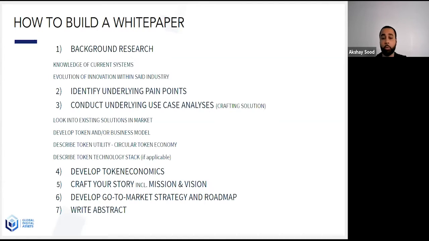Now, after that, you want to develop the token economics. So, what type of supply are you looking at? Do you want 100,000 supply? Do you want a 500,000 supply? Do you want 2 billion supply? That is going to be very important, and it depends on which ecosystem you're operating within. Are you within a fully customer to customer ecosystem? If you are, then you need a higher supply. If you are in a B2C ecosystem, you can do with a lower supply.